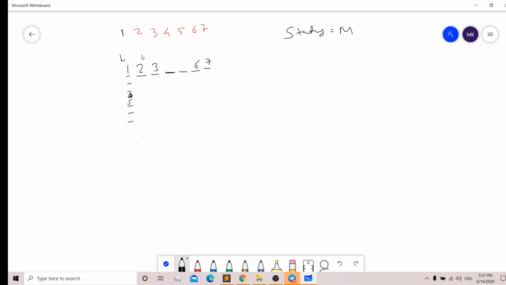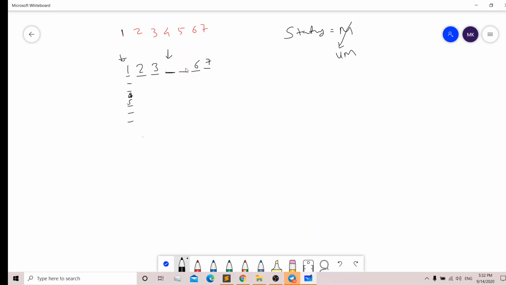Then we move to the next pointer and check whether it matches or not. Yes, it matches, so we keep our status like this and keep traversing until we come to this pointer. When we arrive at this pointer, we see that it is unmatched. When we get an unmatched, first we change our status to unmatched. Then we check the next element while our pointer is still here.